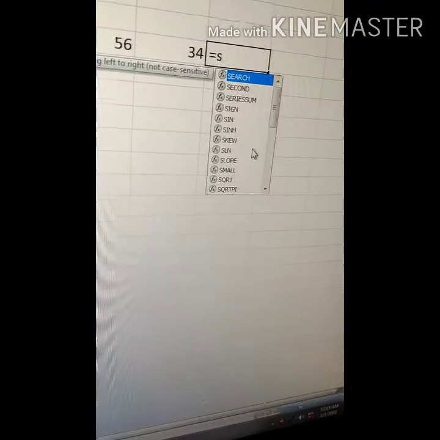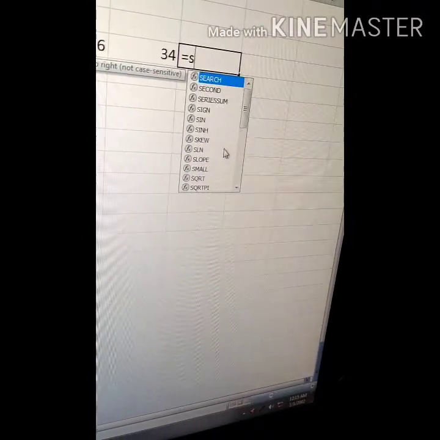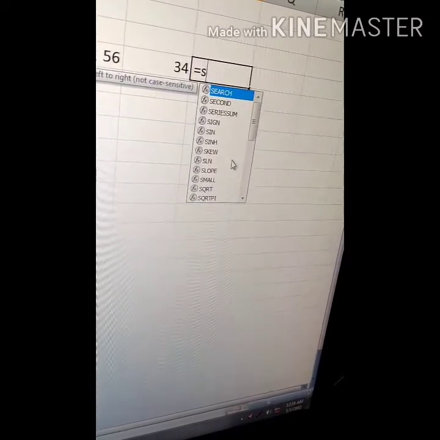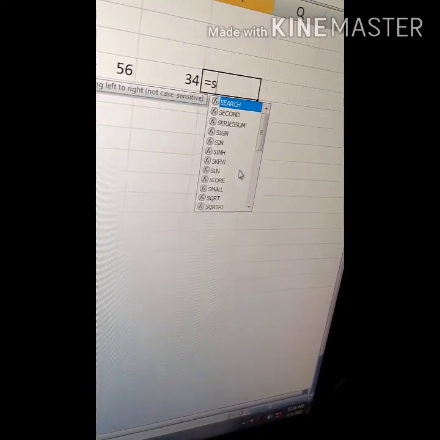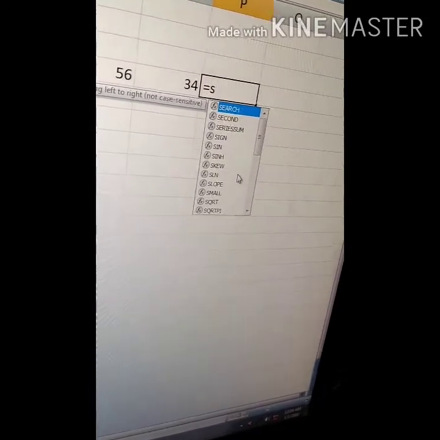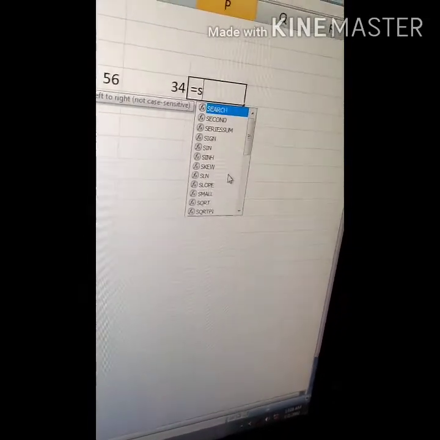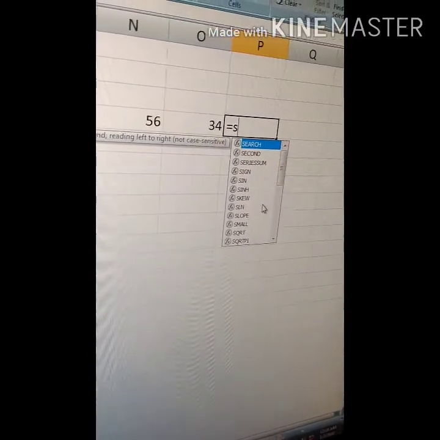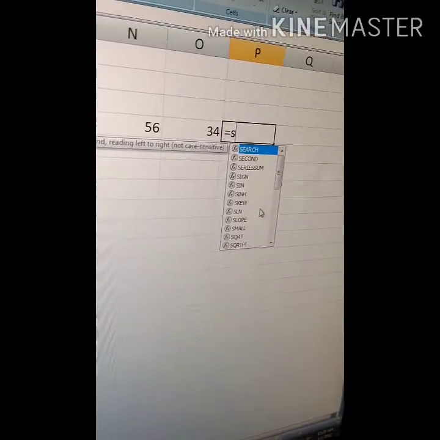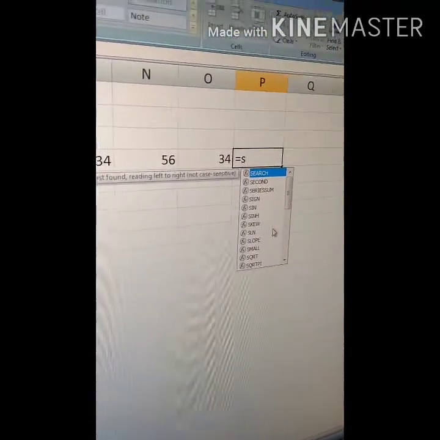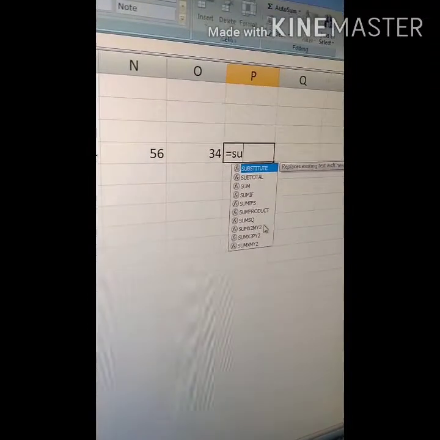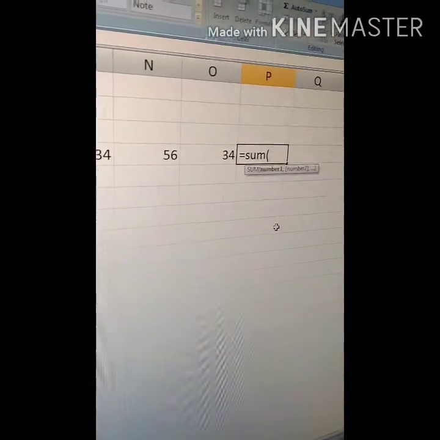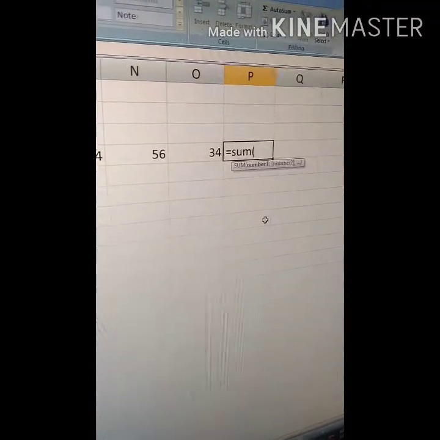After typing S, all formulas that begin with S are showing here: sine, sin, small, sqrt, square root. All these formulas related to S are available in Microsoft Excel. Now we will write SUM, open bracket, and we have to give the cell reference.